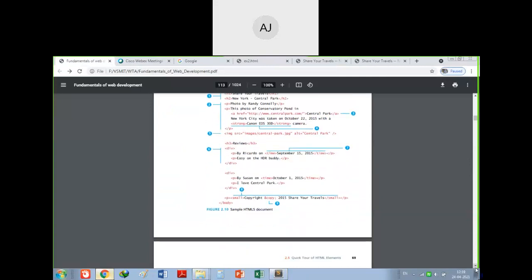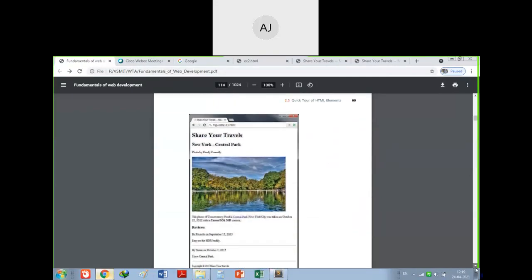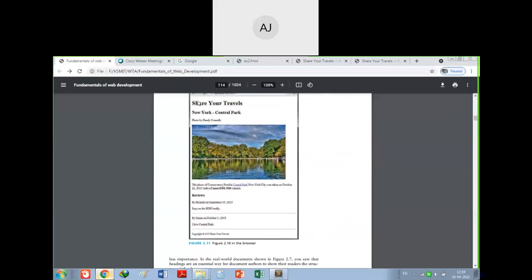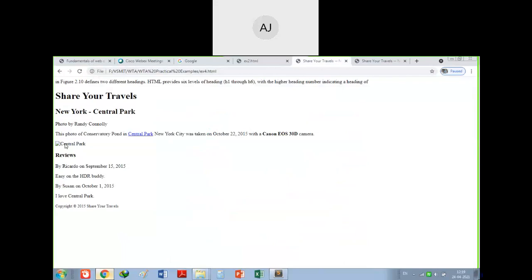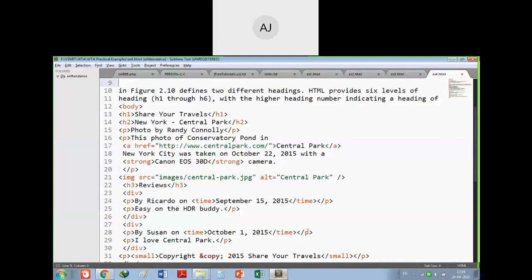Once the headings are over, we'll go on to see some other elements. You can create an image this way. Right now there is one code for an image, you can check here. Img must be there, yes it is there. Img src is central park.jpg. Now it has not shown in my output because the central park image is not present at that particular location. I have to download that image and save it in that particular path, then only it will appear. So it has been covered.